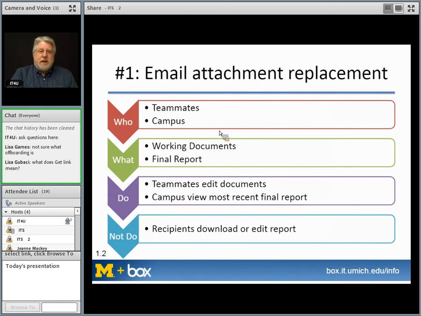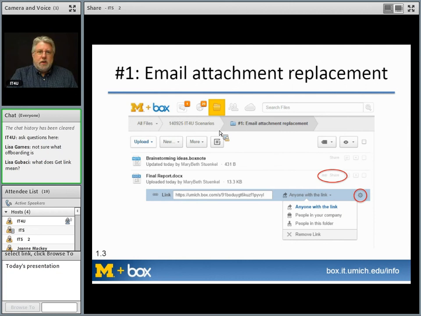And especially if we're making changes, we don't want them to download a static copy and then we corrected something and now they have an error in their version that's not represented by the fix that we did. So when we're looking at a folder, it's kind of hard to see, okay. When we click, well, actually, the one thing I wanted to cover before going into this too far,